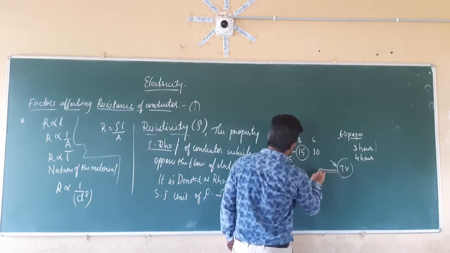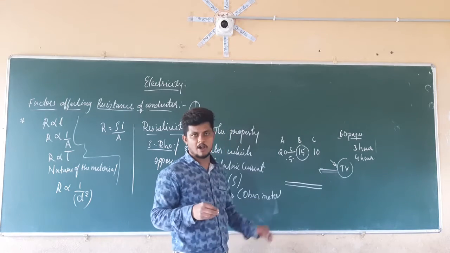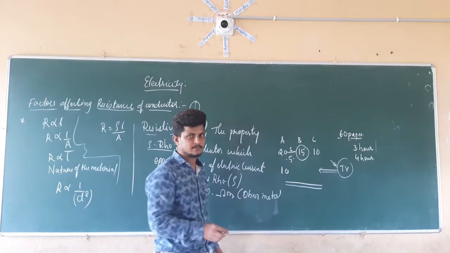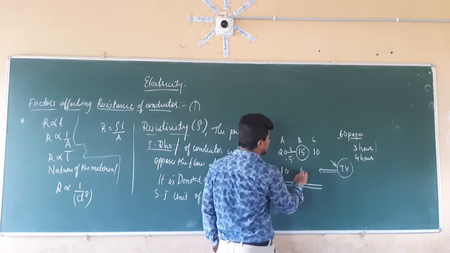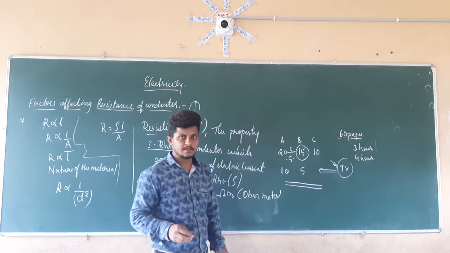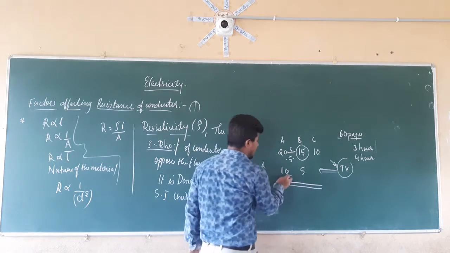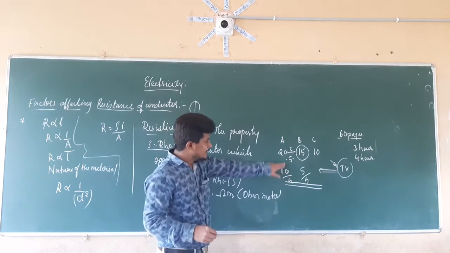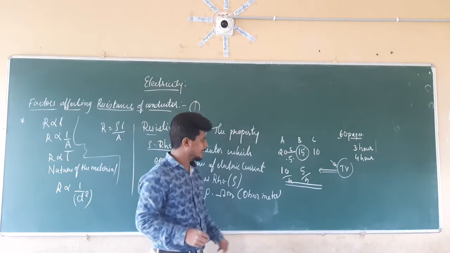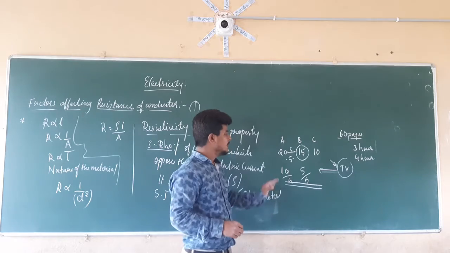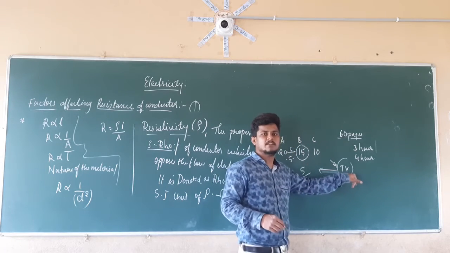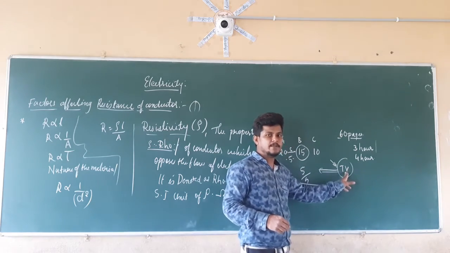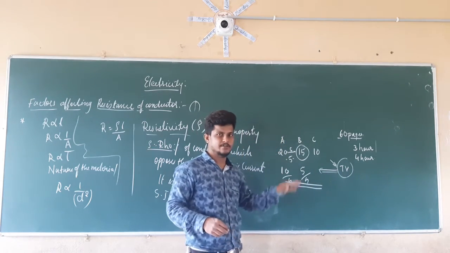Because of that, the 20 pages writing capability of A is going to reduce to 10 pages. And B is going to write 25 pages per hour. So their capability is 20 pages per hour, but they are writing only 10 pages per hour. Why? Because of the external disturbance which is coming in the form of the TV. So because of the TV, the writing capability is reduced.